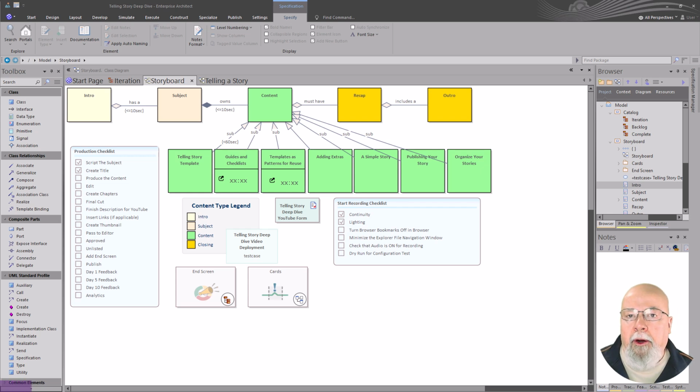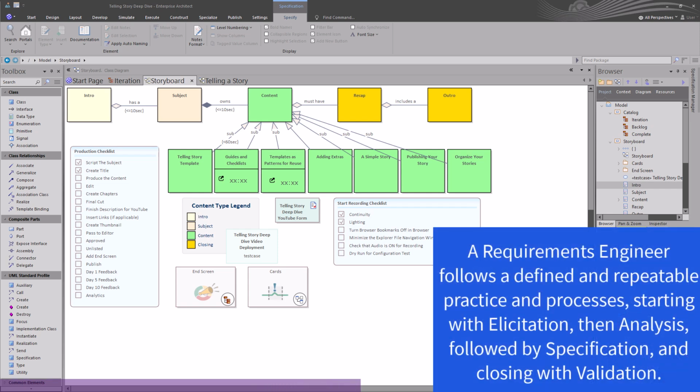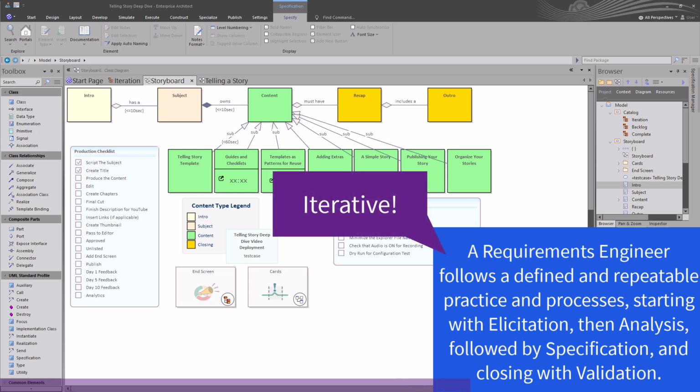So when we look at an architect or engineer, an architect is creative while an engineer is logical. There's other perspectives, such as a requirements engineer working with the stakeholders. Requirement engineers follow a defined and repeatable practice or processes, starting with elicitation, then analysis, followed by specification, and closing